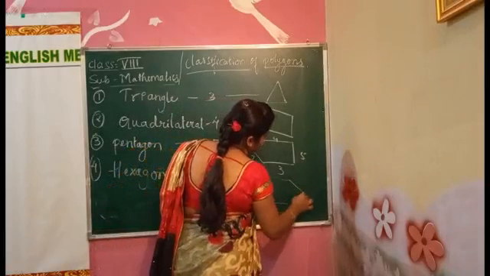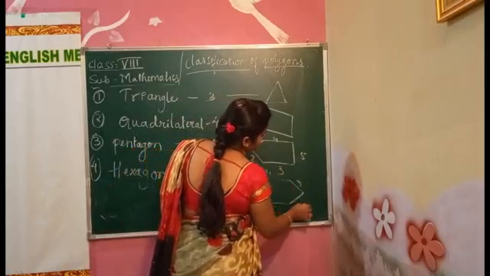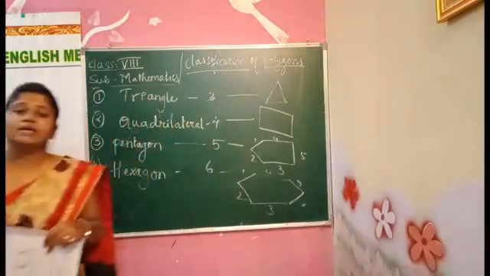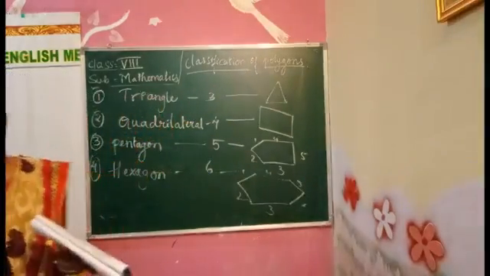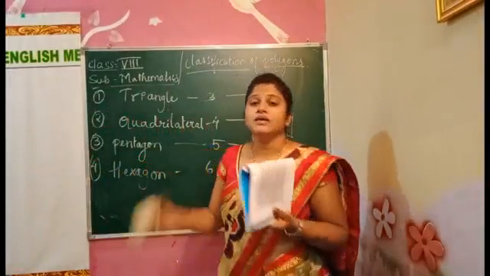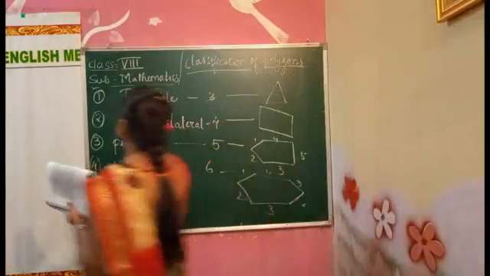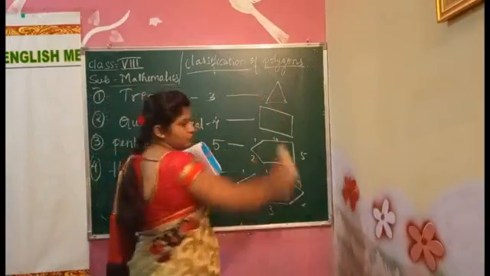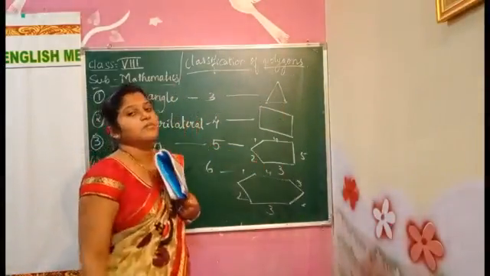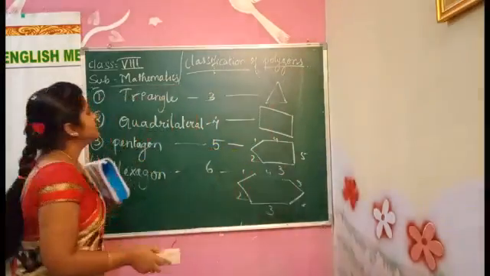However you want, you can. Okay, 1, 2, 3, 4, 5, 6. It may be any shape, any type also, but the sides have to be 6, 5, 4, 3 like that. Okay, understood? Triangle will be like this only. However you want to draw, the shape will come like this only, because we have only 3 sides.